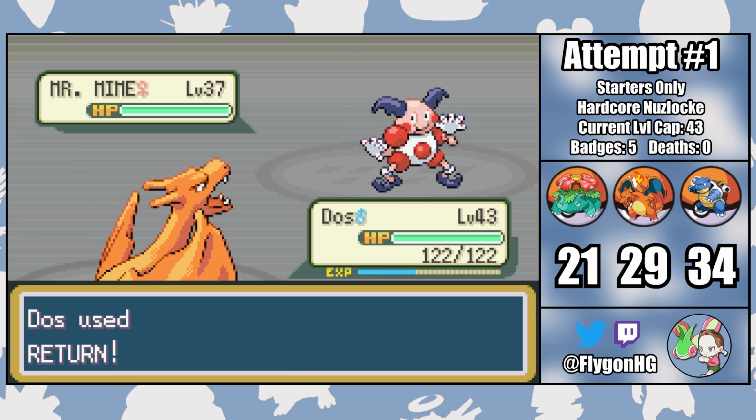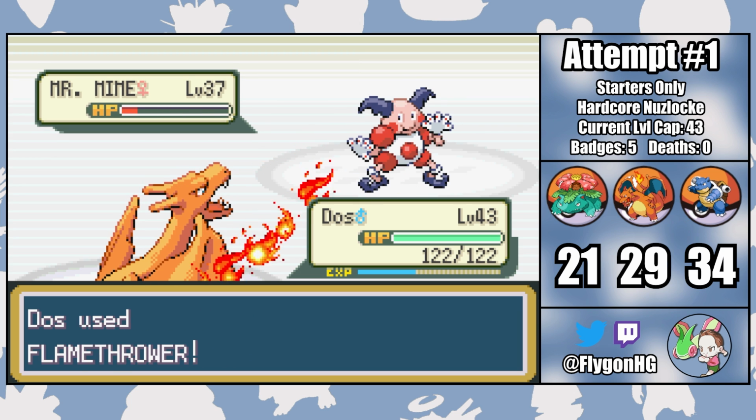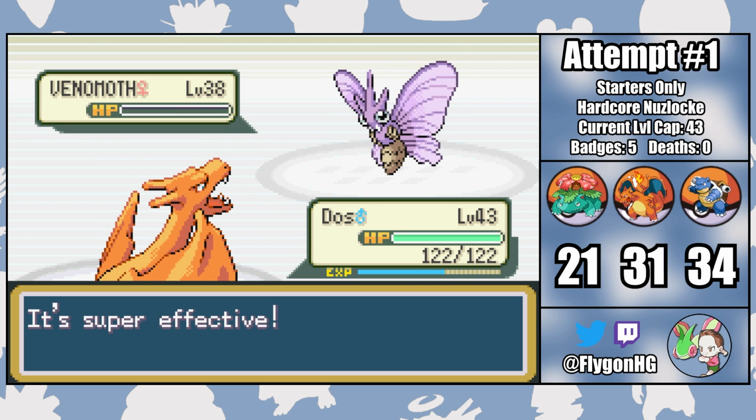Her Mr. Mime ends up hanging on with a Sliver, but then she just sets up a barrier. So even though Sabrina heals with a few Hyper Potions, 2 Flamethrowers are enough to get the knockout. Her definitely Psychic type Venomoth is third, and since she's weak to Flamethrower, we can just torch her for the